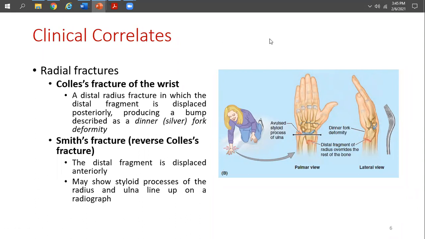Got you. And the reason for the Smith's one, since it's rare, is because it's weird. We inherently want to land on the pads of our hands, the palm side. So the way you would get a Smith's is if I were playing football and then I fell on it the reverse way, right? That, or it's the way that you're falling and the trajectory of the force that you're putting on